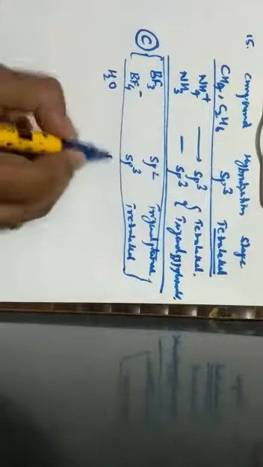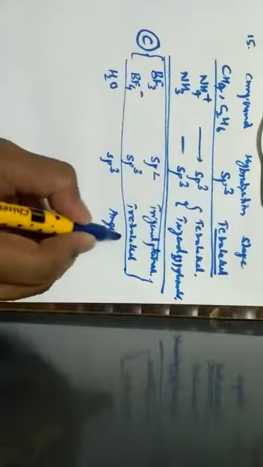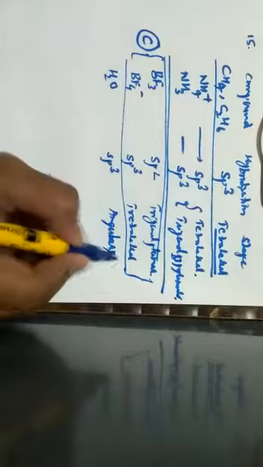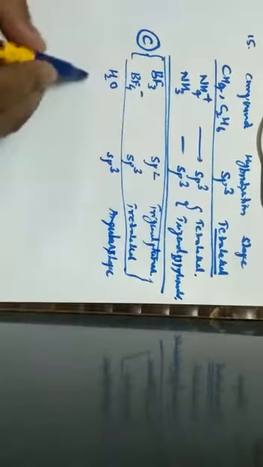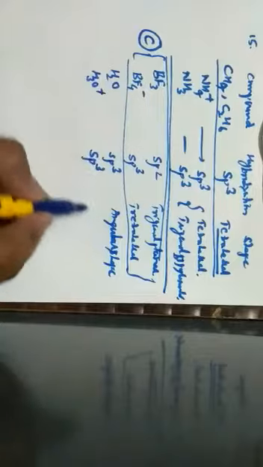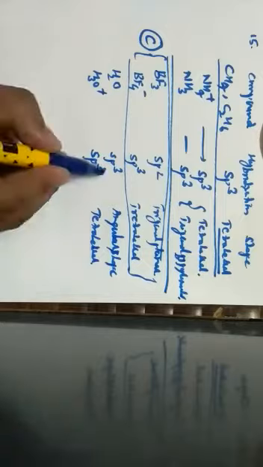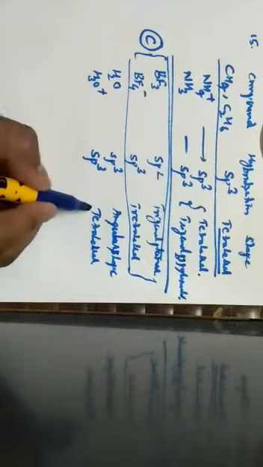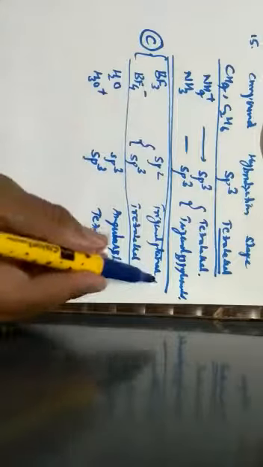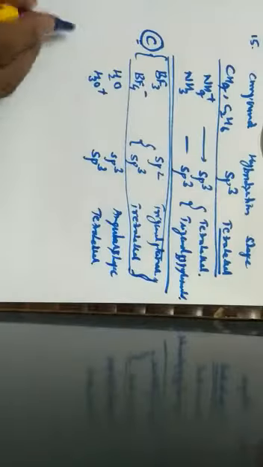Now, let us discuss the fourth one also. In H2O, the hybridization is sp3 and the shape is angular, or it is an angular molecule. But when it comes to the hydronium ion, the hybridization is sp3 but the geometry is tetrahedral. In this case, there is only a change in the shape but the hybridization is the same. But the question was a change in hybridization as well as the shape, which takes place in option C. Hence the correct option is C.